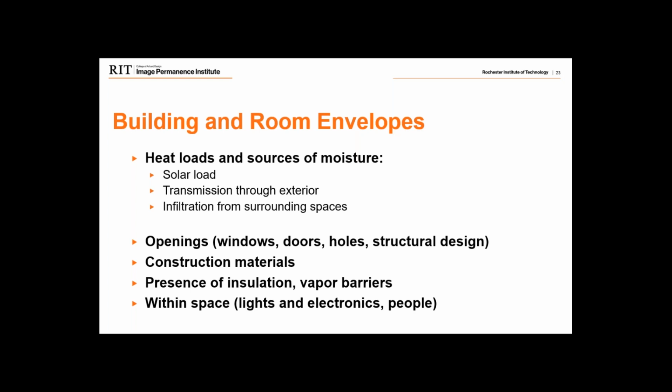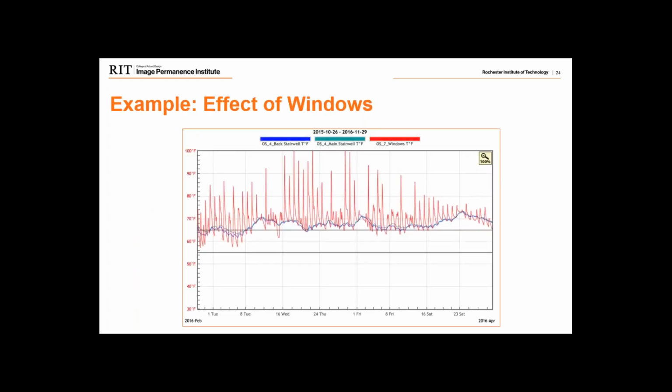Windows and openings, holes in walls, old pipes, or even where the ductwork used to go can cause issues in a space. But windows we see usually being a major factor. As an example, we have 3 data loggers here on the screen, and they're all on the same floor in a library space in a northern city, with east-facing windows. You see these spikes every day occurring from 8 to 12 o'clock. And it's solely from the sun shining in the window and heating up that one row where the collection materials were. So for about 4 hours a day, we were making book jerky in this one